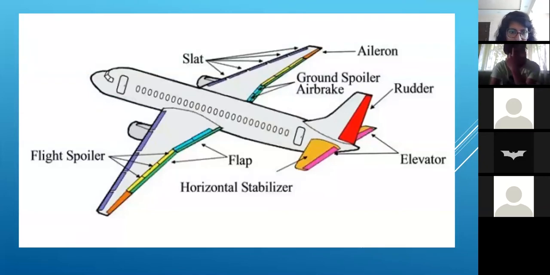These are some of the ancillary controls, like Samir said, flaps, which you see coming out. If you sat in a plane next to the wing, you will see the flaps dropping down when they're coming in for landing. Along with the flaps, the slats drop down. Flight spoilers go up to help brake the plane, and we also have a stabilizer.